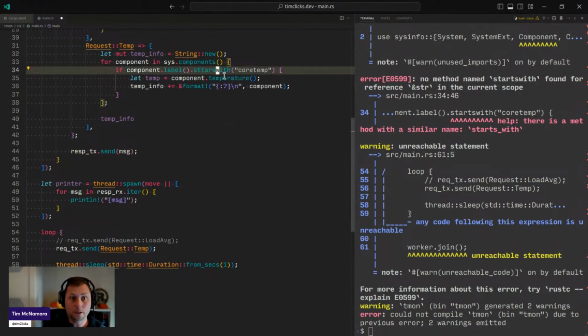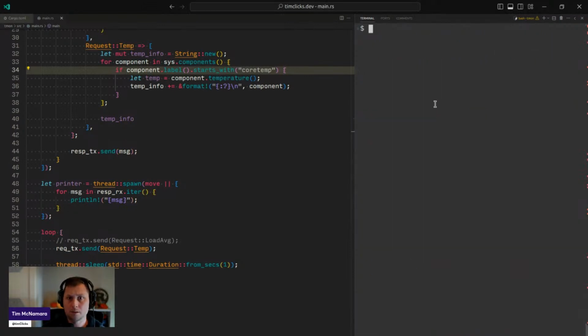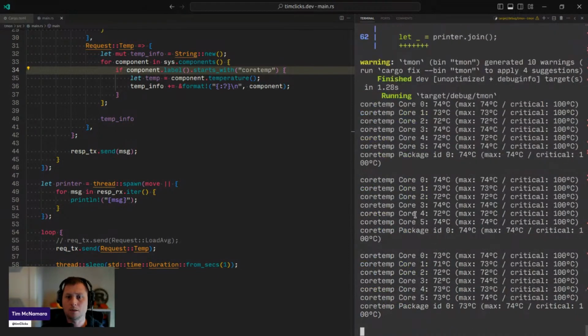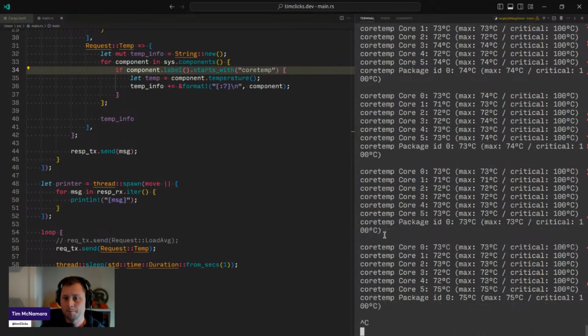It starts underscore with. Okay, cool. So we've formatted them down. Now I don't know what a package is. So it looks like these are all simply